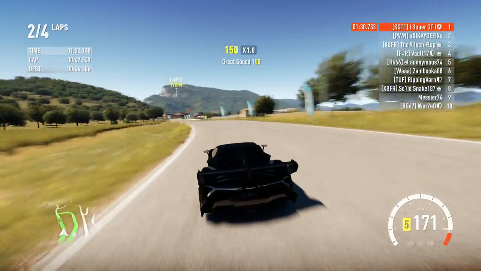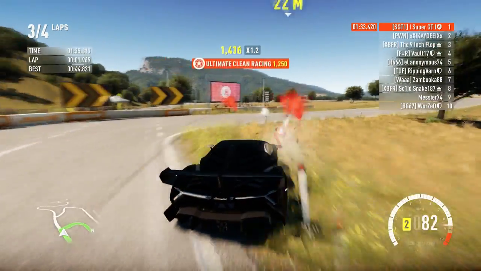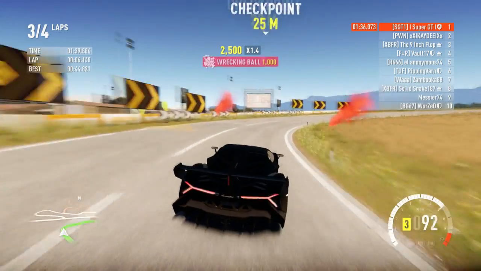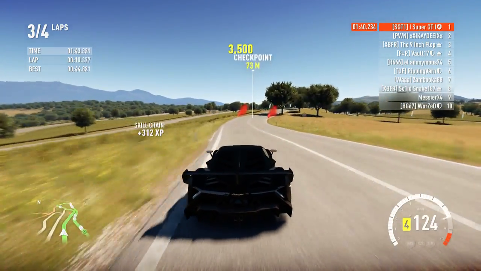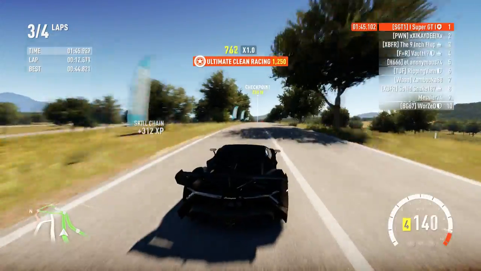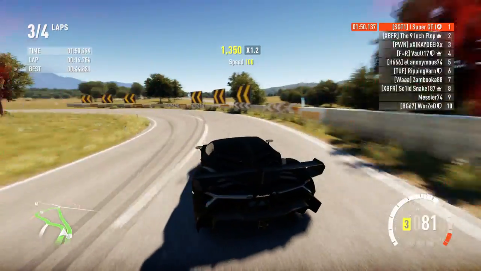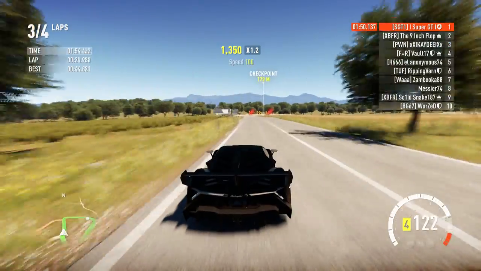Don't be afraid to run off onto the grass as well if you have to, just to extend the corners like I did here. So you can extend the corners just by cutting the grass and then run on the grass on the exit as well, just to get the throttle down a lot easier and a lot quicker. So again, I'm about 15 or so seconds ahead of the rest of the pack. Once you're in this kind of situation, all you need to do is